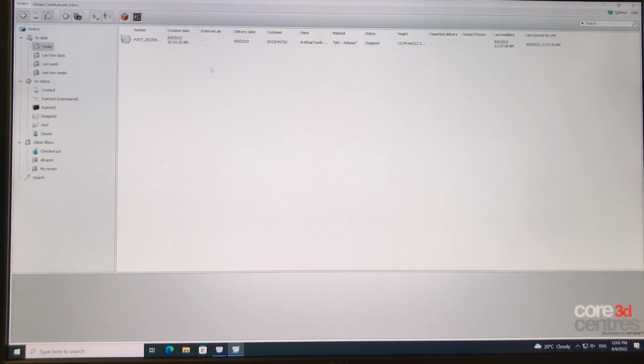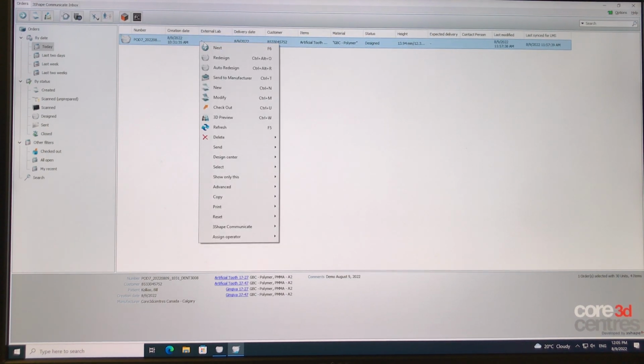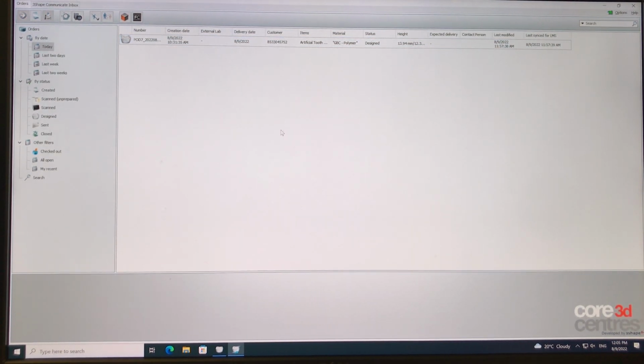This is the same case that I'm going to walk you through today. I can right click on that and hit redesign, and that will take me to the design manager, and I can redesign the case. You can see the case now popping up on the bottom left of the screen. So I'm going to just skip that for now. We can also import a file by right clicking, and we'll go to advanced settings, and we can import a file either from a file that we've saved in the document section or an external hard drive. Okay, so for today we're going to create a new case,